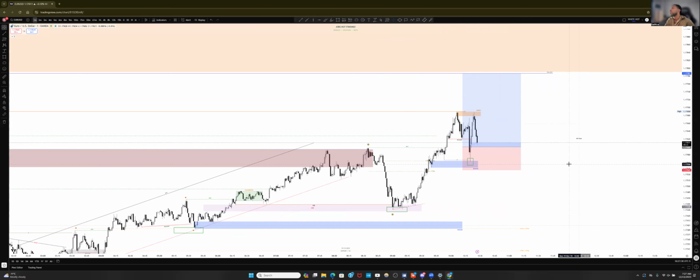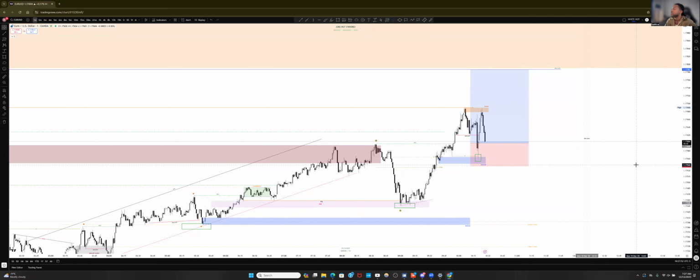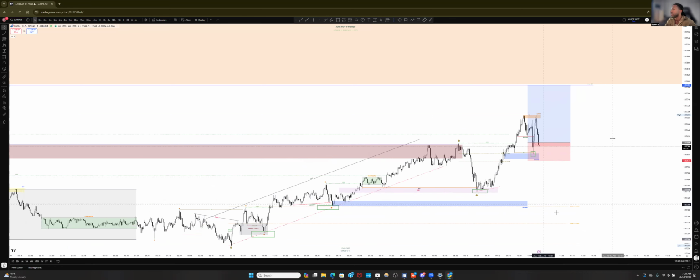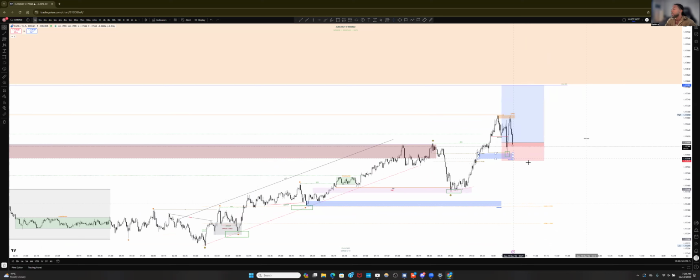Let's see. This high led to this low that induced this low and mitigated this demand that pushed up here, took this high. So what could we be seeing right now? We're back towards our entry. So could price now possibly be returning all the way back down to the zones here to sweep this little trend line to mitigate this demand? Now, if that's the case, I don't see price pushing all the way back up again, so that wouldn't be an opportunity we look for.